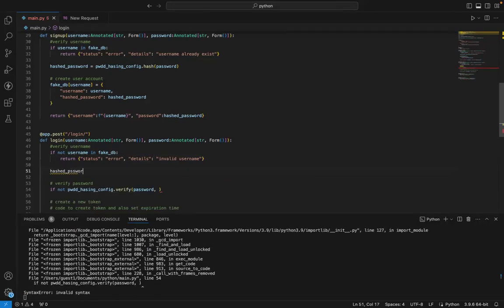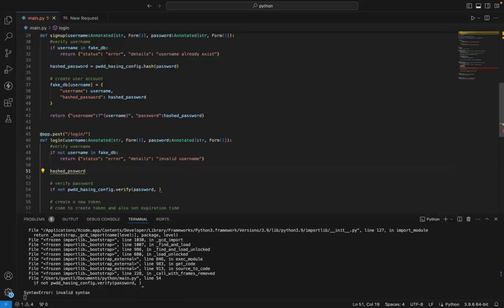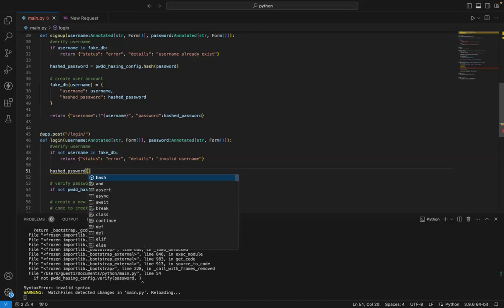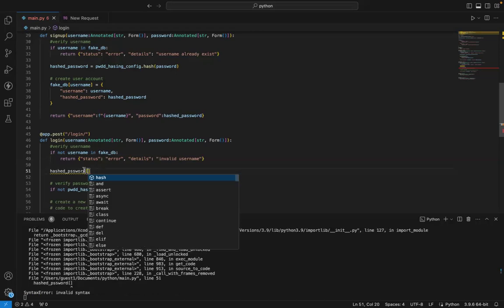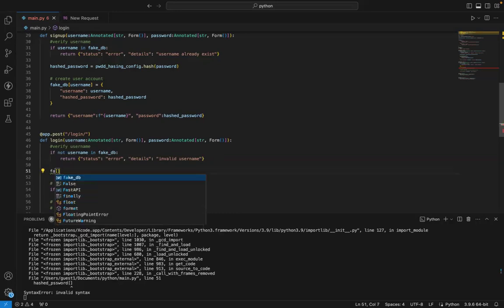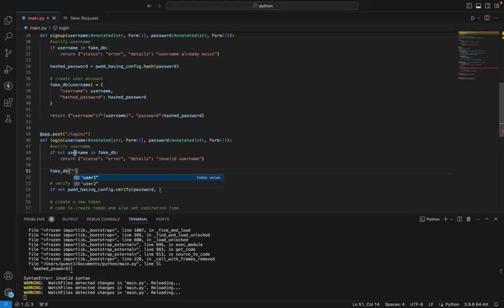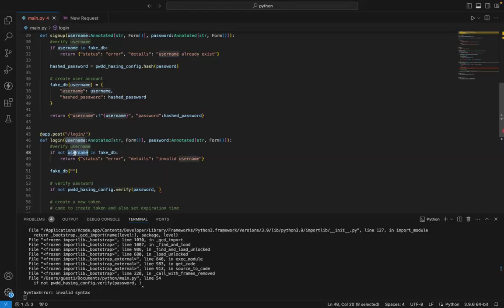And to get their hashed password, we could simply go ahead and get the user from the fake DB at the moment. Then we get the details of the user that owns this username. So we copy this,